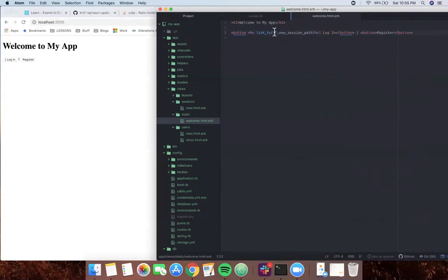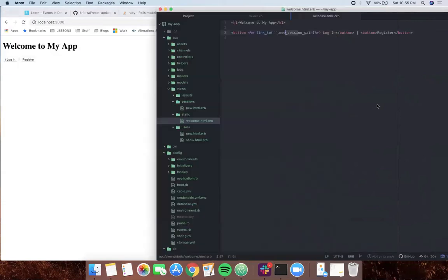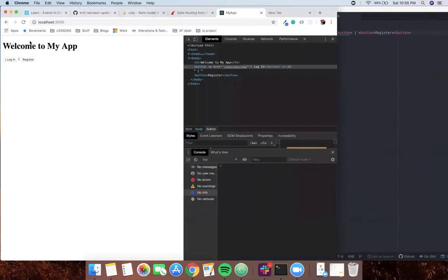I think this argument is where you can pass in if you want to name the link, but in this case, we're not gonna need that. So I'm just going to pass in like a blank argument, and the second argument is going to show as the route or the URL, as you can see right here, right? So if I refresh it, so if I click on login, why do I have this parentheses here? From here. Okay, there you go. And once I click on it, it should take me to sessions new, but so far,